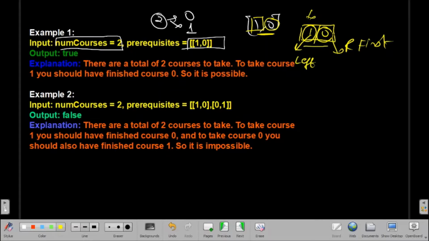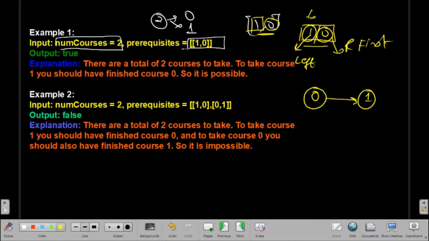Means course 0 and here it is course 1. So course 1 is dependent on course 0. First of all I have to complete 0, then I have to complete course 1. Directly I can't complete course 1. So this is my graph.